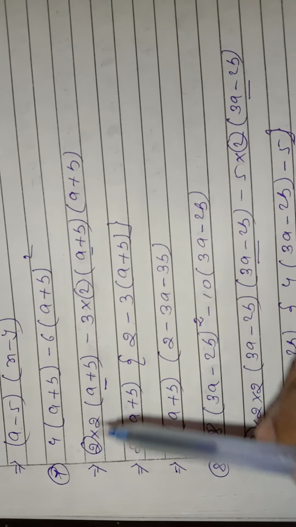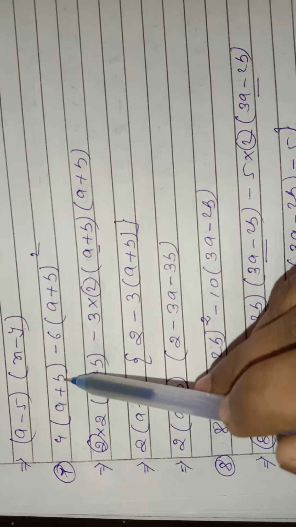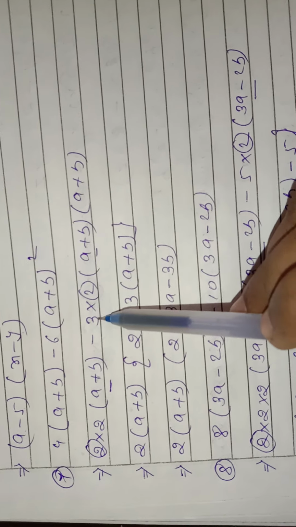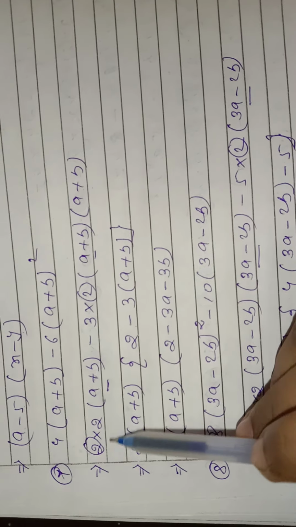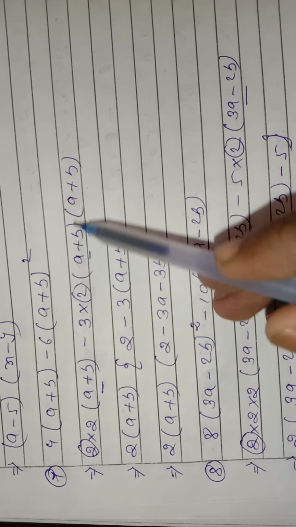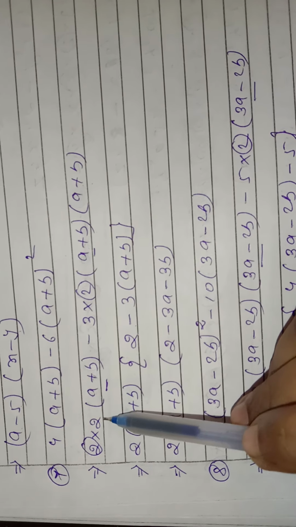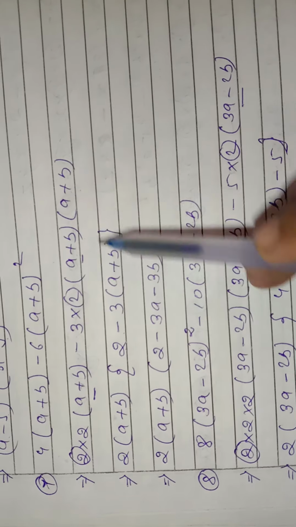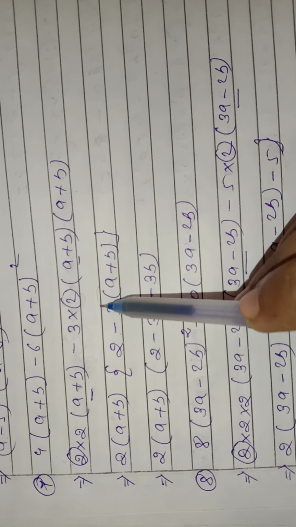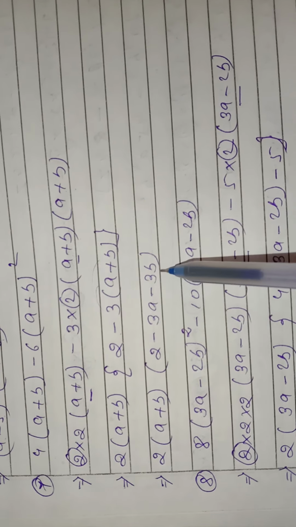Same way here. 4, 2 2 is a 4, a minus b. 6, 3 2 is a 6, a square means same number twice. Now what is common? 2 and a plus b. From this side we have got 2, from here minus this 3 and here a plus b. Now we can multiply these two numbers. We will get it.